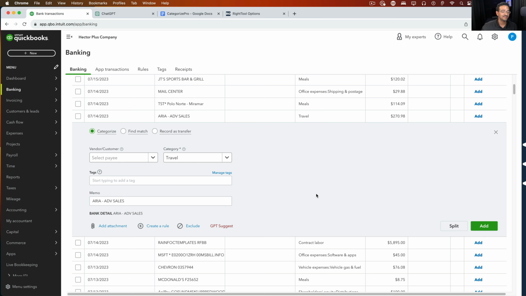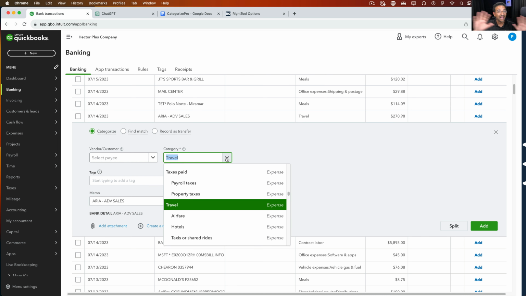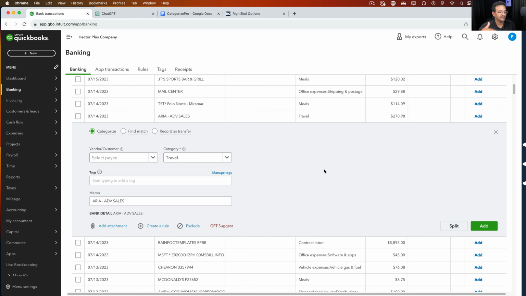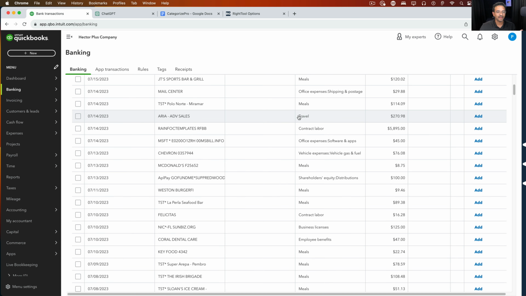This is the standard chart of accounts. I haven't added any new accounts. This is the best possible scenario for QuickBooks: we're using the chart of accounts that QuickBooks should know and understand, the one that most small businesses start with when they first start QuickBooks. So not bad. I actually like this suggestion. So we're going to be okay with this. Now, I could go into ChatGPT and ask about this, but since I'm comfortable with this suggestion that QuickBooks gives me, I'm not going to check into that.